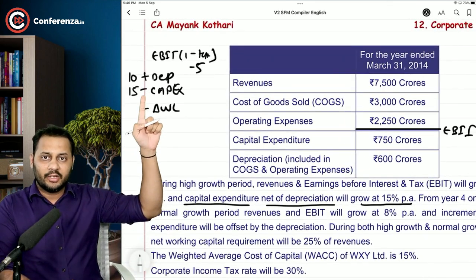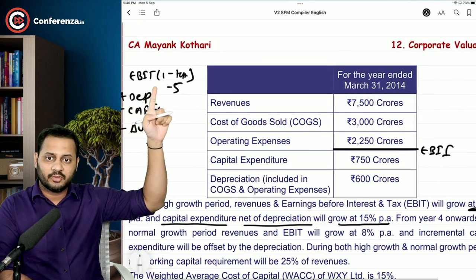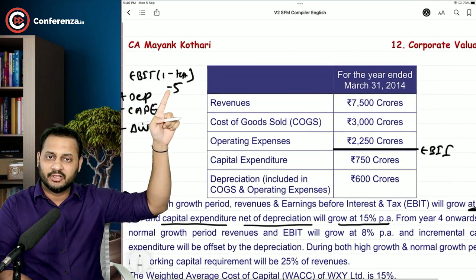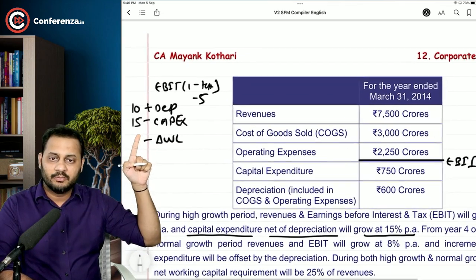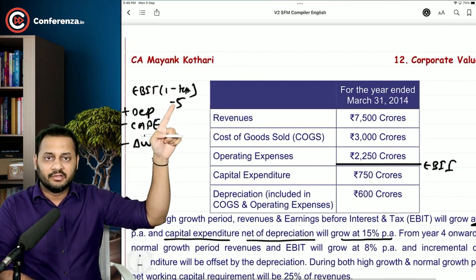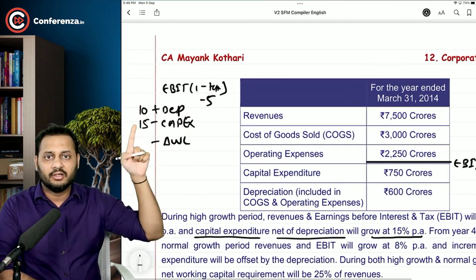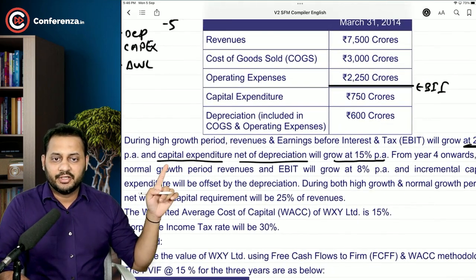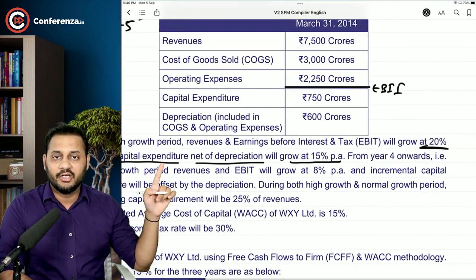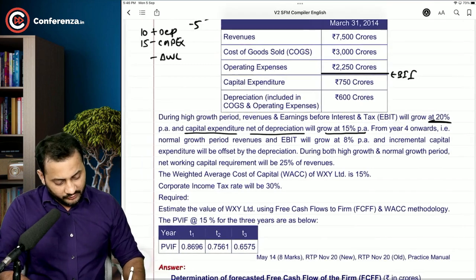That means I will have to adjust only two things in the after tax profit, which is capital expenditure net of depreciation and then the change in working capital. What I want to explain to you is that adjusting 5 means taking both the adjustments or treatment. So this capital expenditure net of depreciation will grow at a rate of 15% per annum, and from year 4